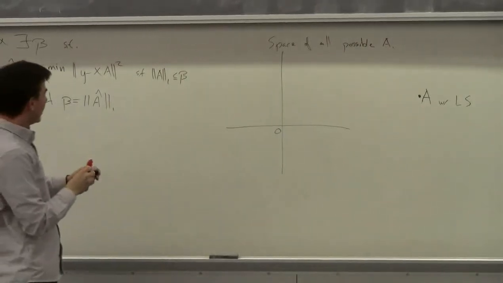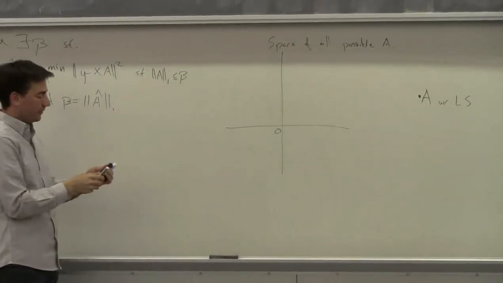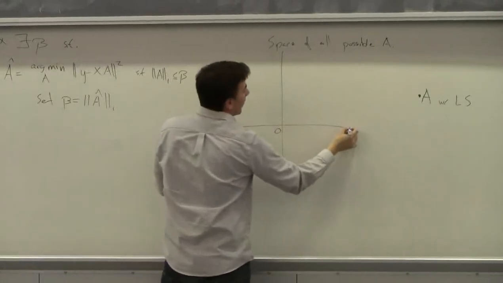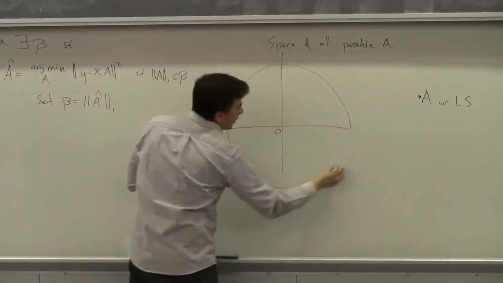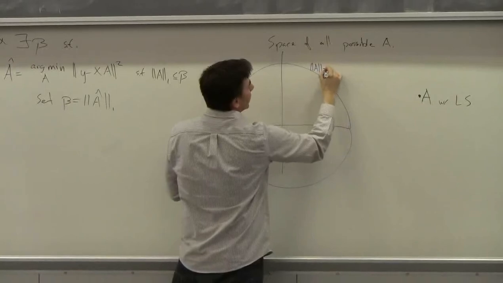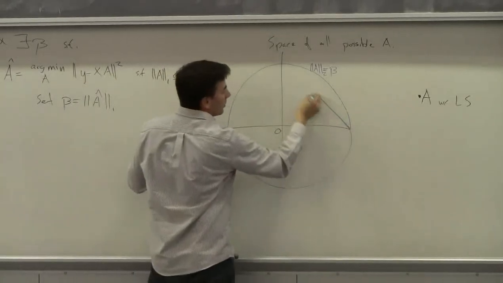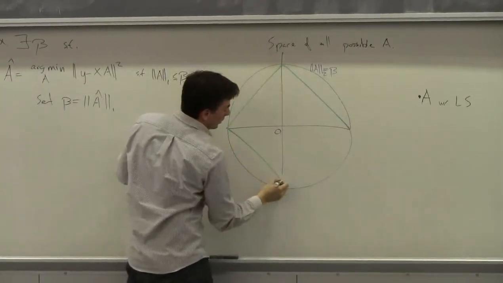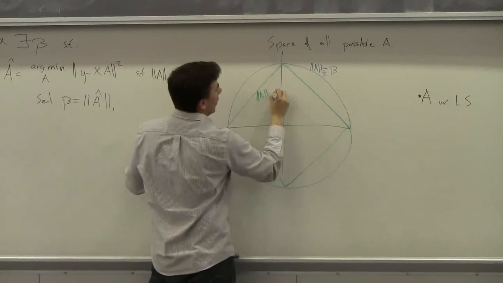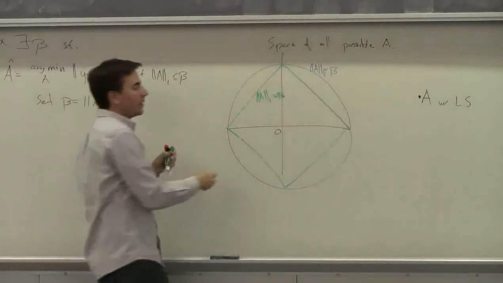Okay, and so now I'm going to use this beta restriction to put a bound on the size that this norm can be. Okay, so if I'm using the 2 norm, I'm going to get this circle here. So the 2 norm here is equal to beta. And if I use the 1 norm, so this is the one norm of A equal to beta. And everything inside that is less than beta, so the viable solutions for the 2